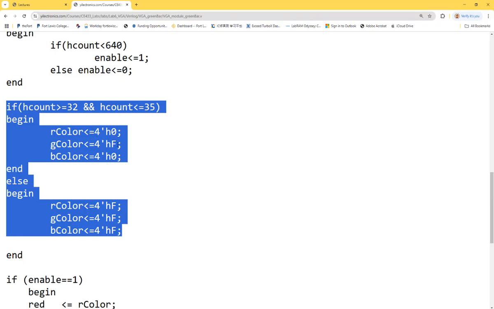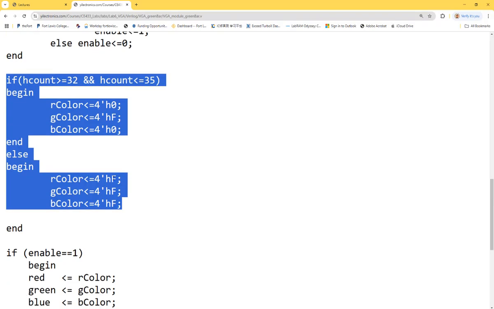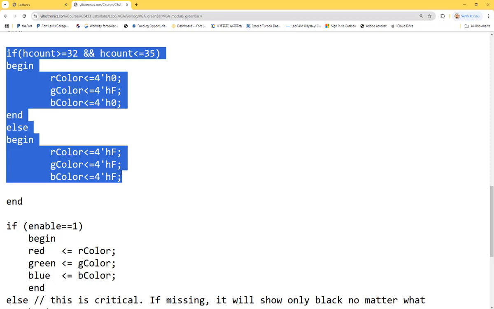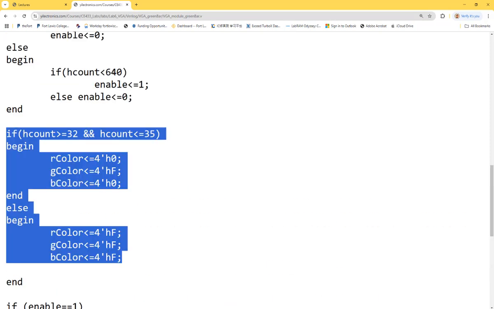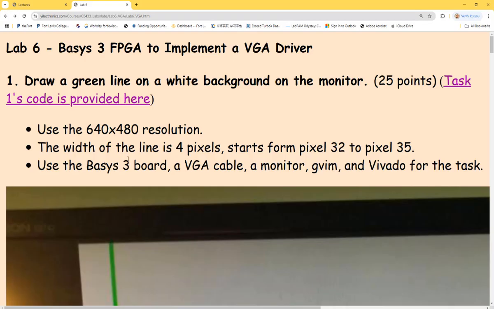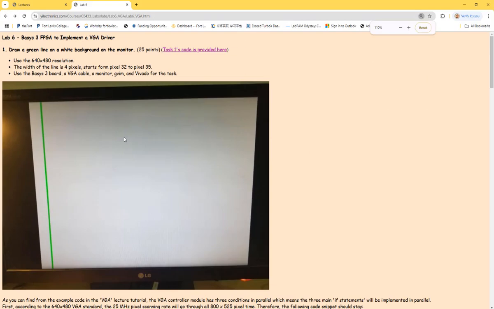So the green channel is full. It's F. All of them are 1s, and the rest of the other two channels are 0s, right? And else should be all 1s because it's a white background. And that's the only thing I added to it. Okay. So the one after it, next to it, is